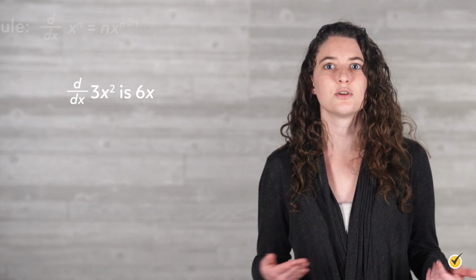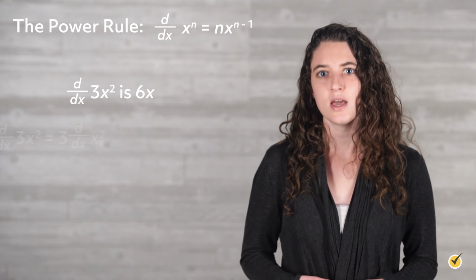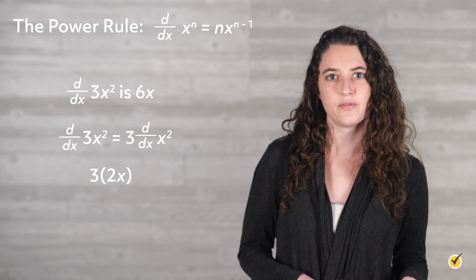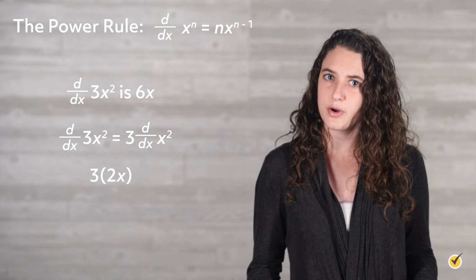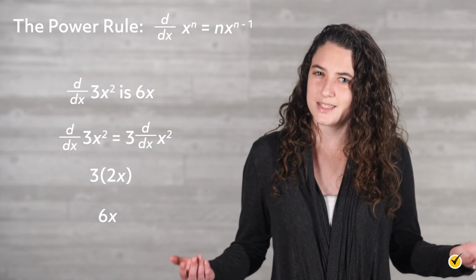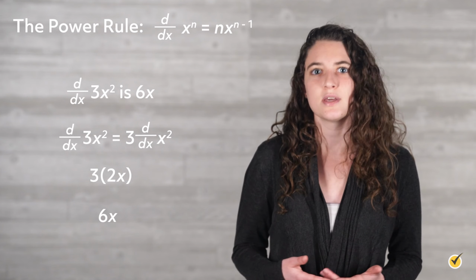The next property to consider is that we can factor out constants from derivatives. For example, we already know that the derivative of 3x squared is 6x because the power rule tells us to multiply by the starting exponent and then reduce the power by 1. Another way to think of this, though, is that we can pull that 3 out to the front of the derivative, take the derivative of x squared by itself, and simplify to get the same result. Of course, in this example, it's faster just to multiply 3 by 2 and reduce the power without the intermediate